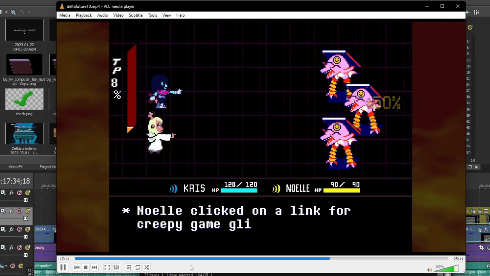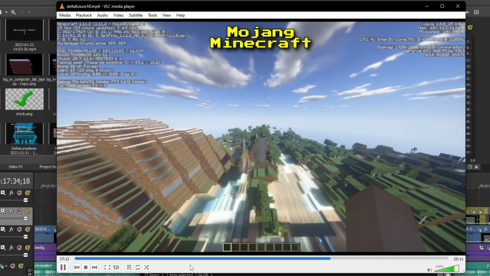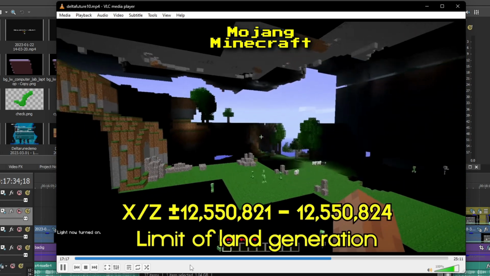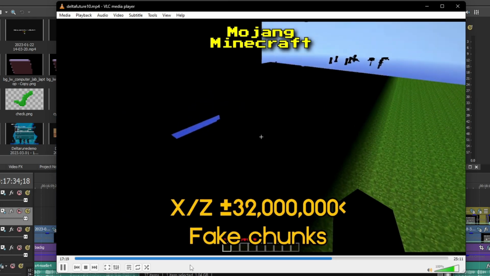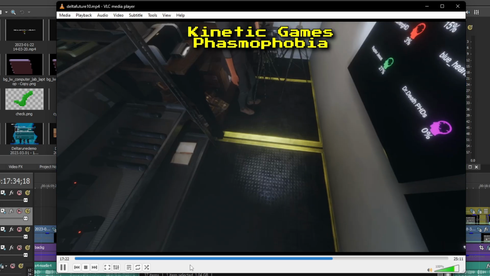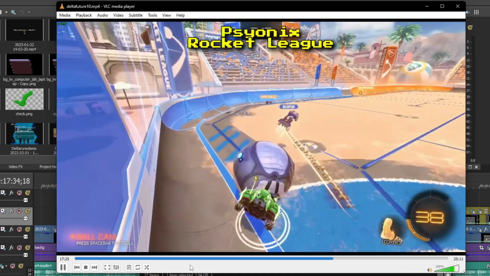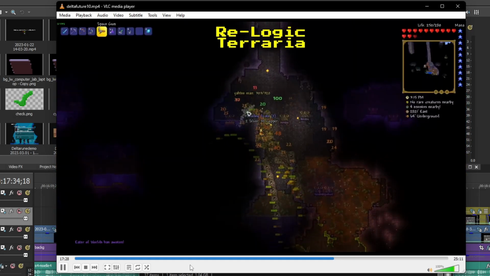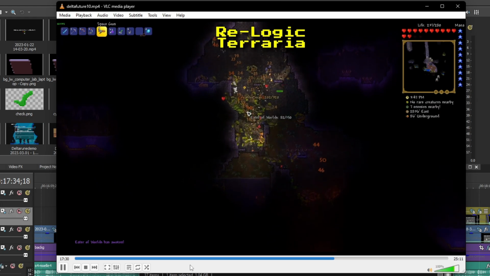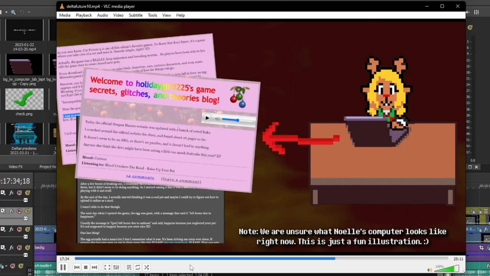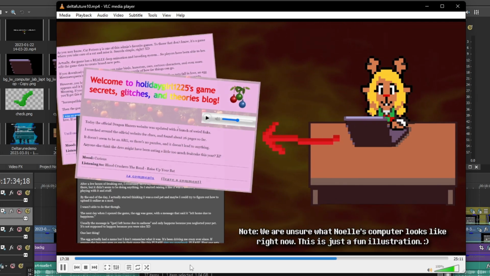And glitches. Fascinating. I myself also find video game glitches fascinating. Whether I hunt them out myself like I did when exploring the Farlands in Minecraft, use them to my advantage, or when I stumble upon them by accident, some of which I still don't even know how it happened. Seriously, I still don't know what the heck happened here. Either way, there is a ton of interesting backstory about Noelle in these blog posts, which I will mention briefly.